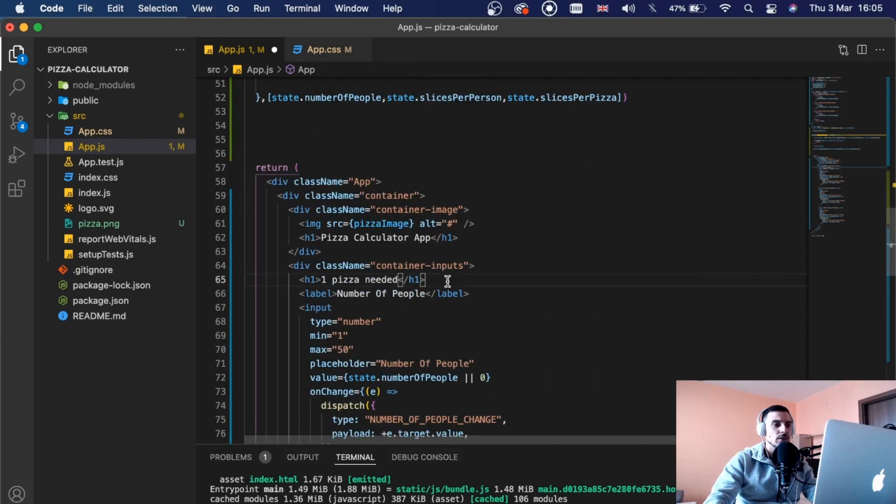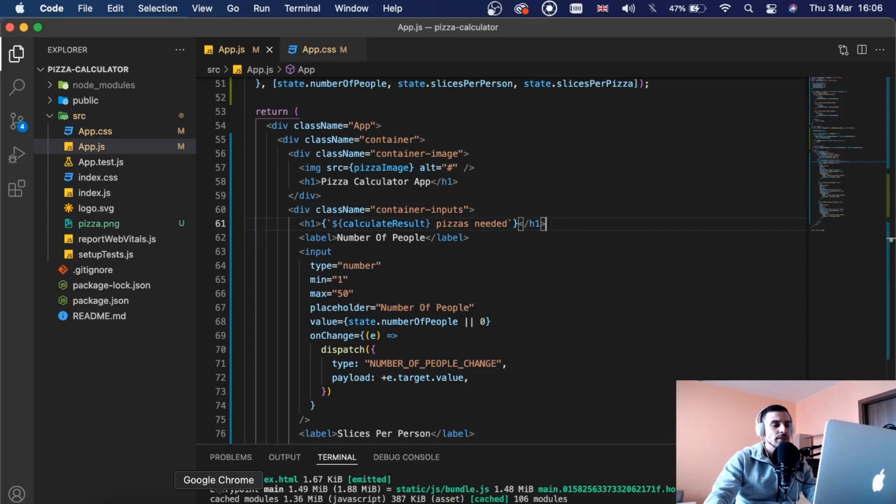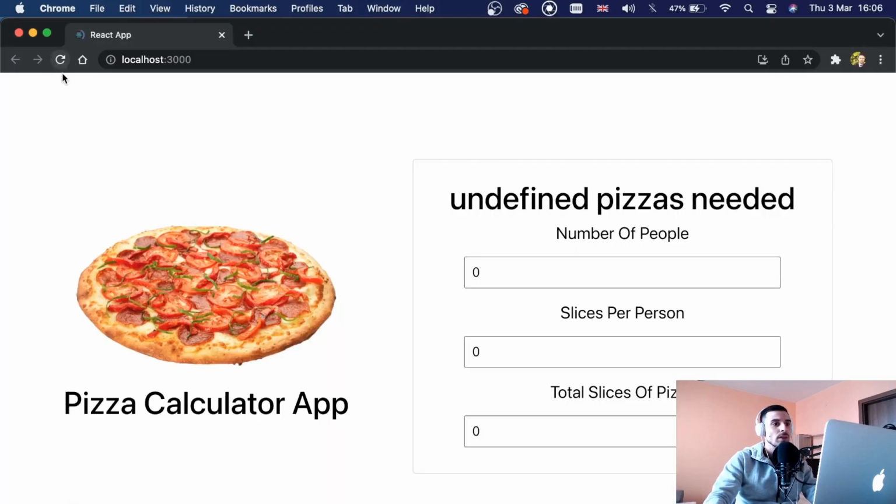right here. So inside this h1, I'm gonna say with backticks calculate result pizzas needed, just like that. Now if we save this and come back to the browser, let's see what we have. So undefined pizzas needed. Okay, undefined pizzas needed